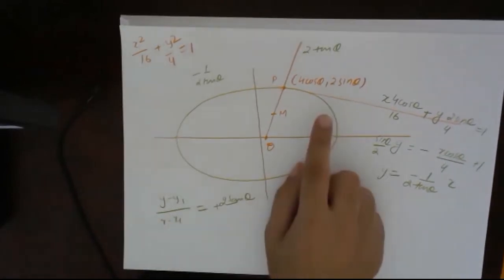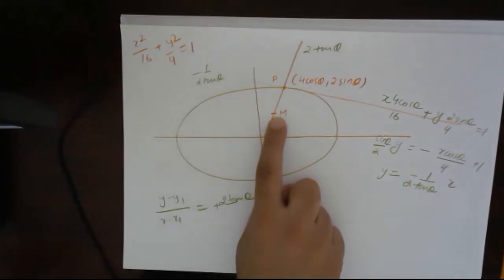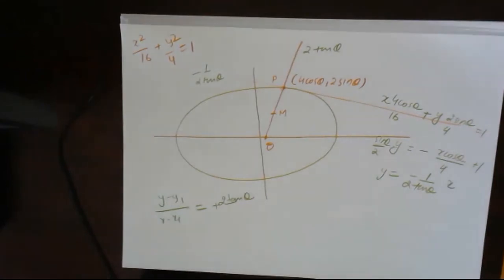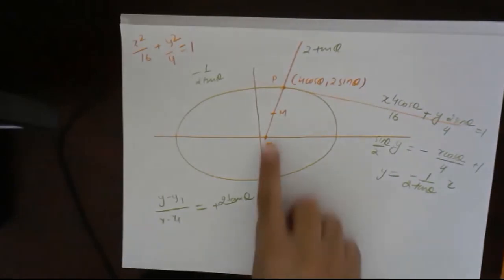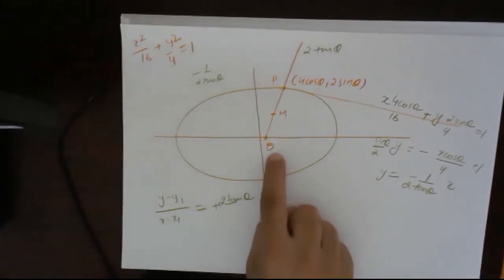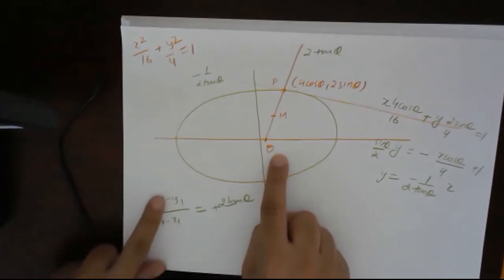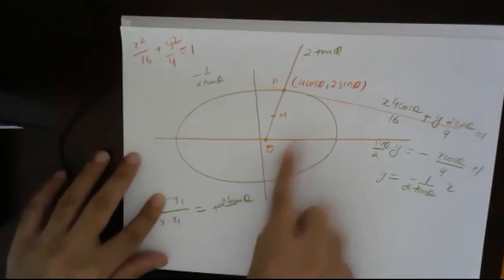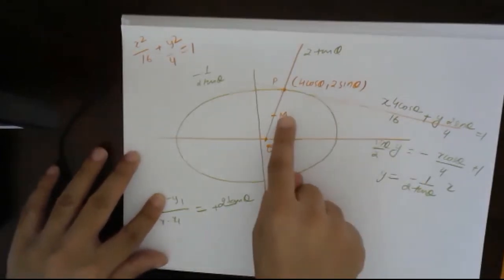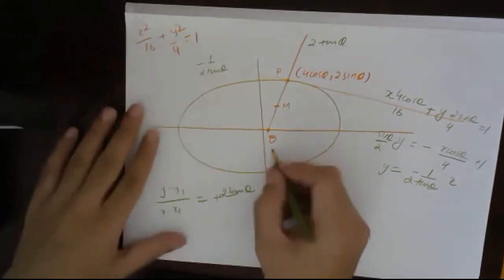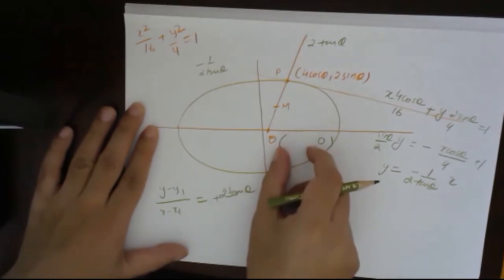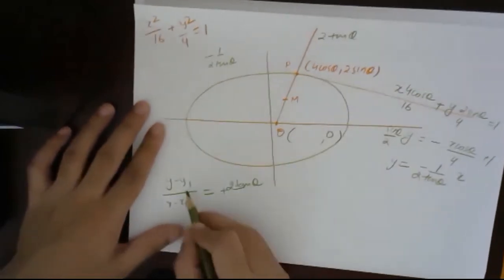Why? They are asking you to find the midpoint. Before finding the actual equation of the normal, what we can do is simply find this point. How can you get this point? This point is found when you substitute y equal to 0. When you substitute y equal to 0, you will get this point. Already the other point is given, so you can find the midpoint also. So when you substitute y equal to 0, this will be 0, comma, you just have to find the x coordinate.